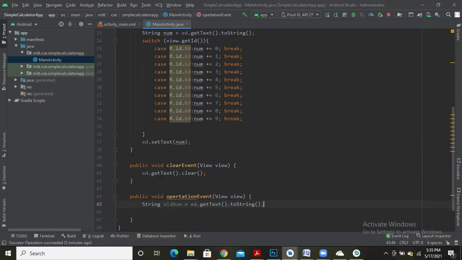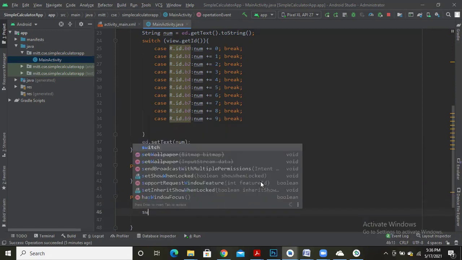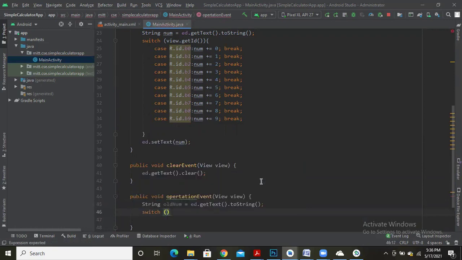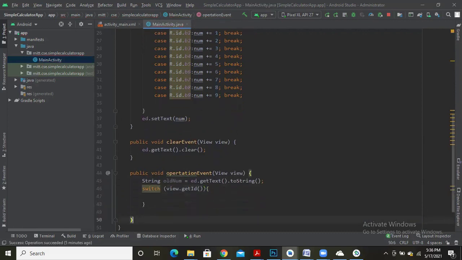After reading this number, I'll be pressing any one of the operators. Either it will be a plus operator, or a minus operator, division operator, or multiplication operator. Now what I'm going to do is, I'm going to switch on that operator. Switch on view.getId. Get ID. So case